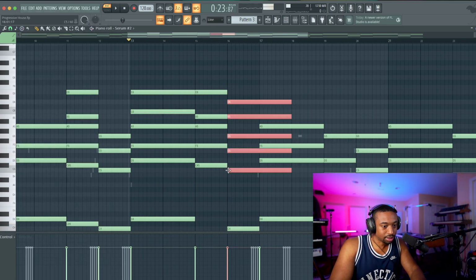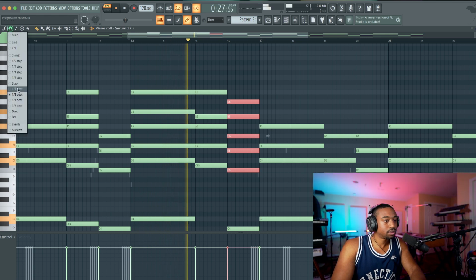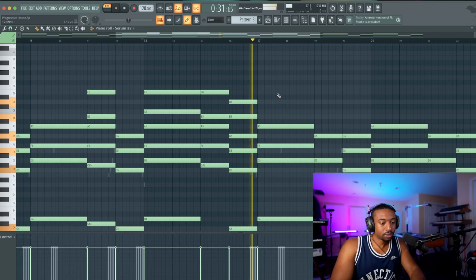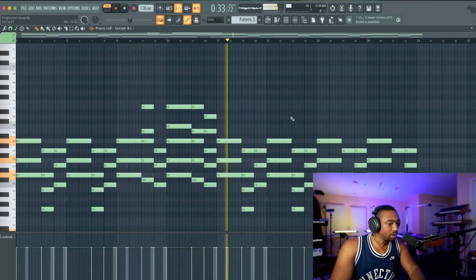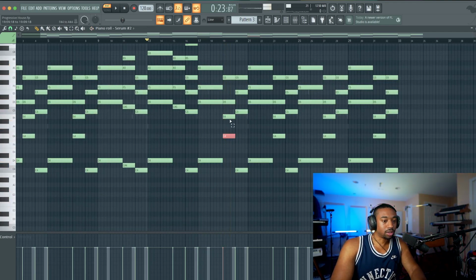And let's land on that C major ninth. So that's a small change up you can add in there just to change it up. You could also flip these notes back to where they were.